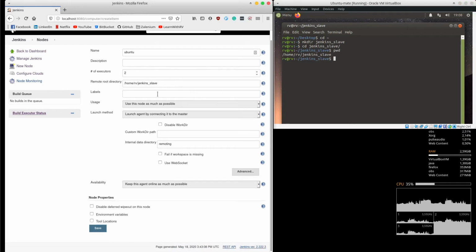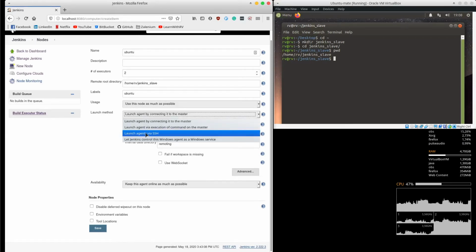We can set the label to Ubuntu, leave the default option for the usage, and the launch method will be via SSH.